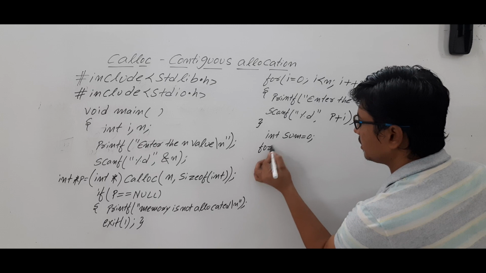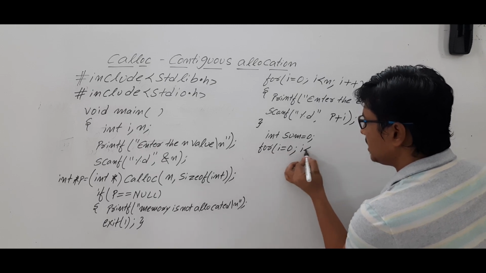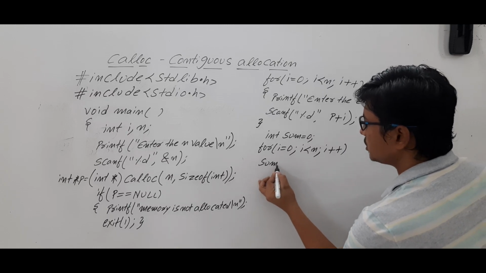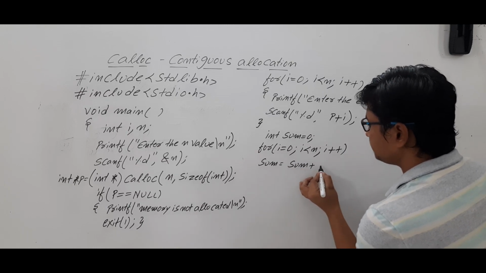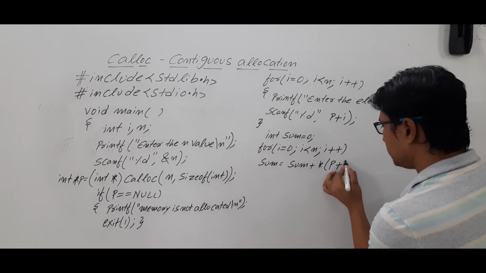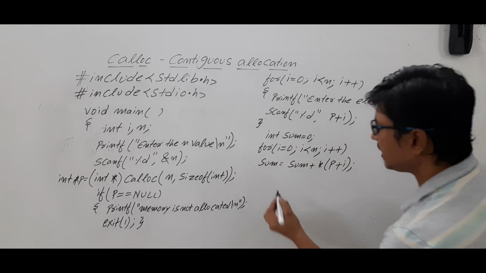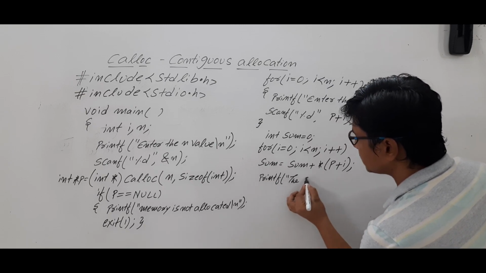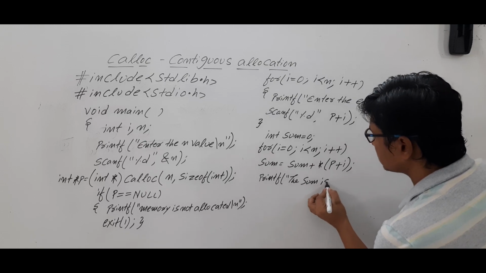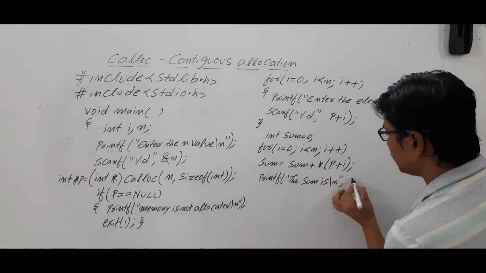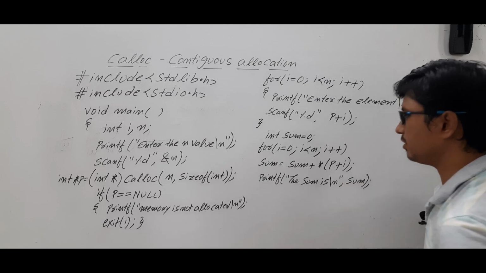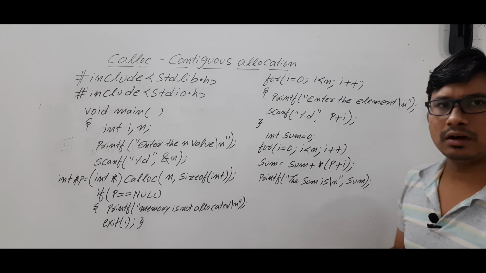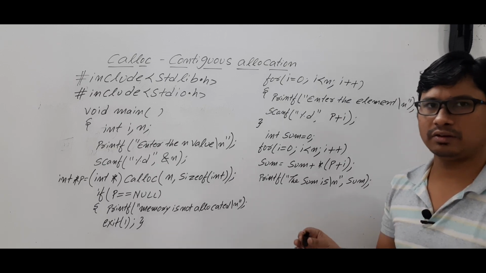So I will write for i equal to 0, i less than n, i plus plus, then sum is equal to sum plus *(p plus i). Okay. Then finally I will write printf "the sum of the elements is" or "the sum is", then \n, and you write the variable name. So you have got the sum and you have displayed the output to the user. Once the memory allocation is done and you are done with the program,